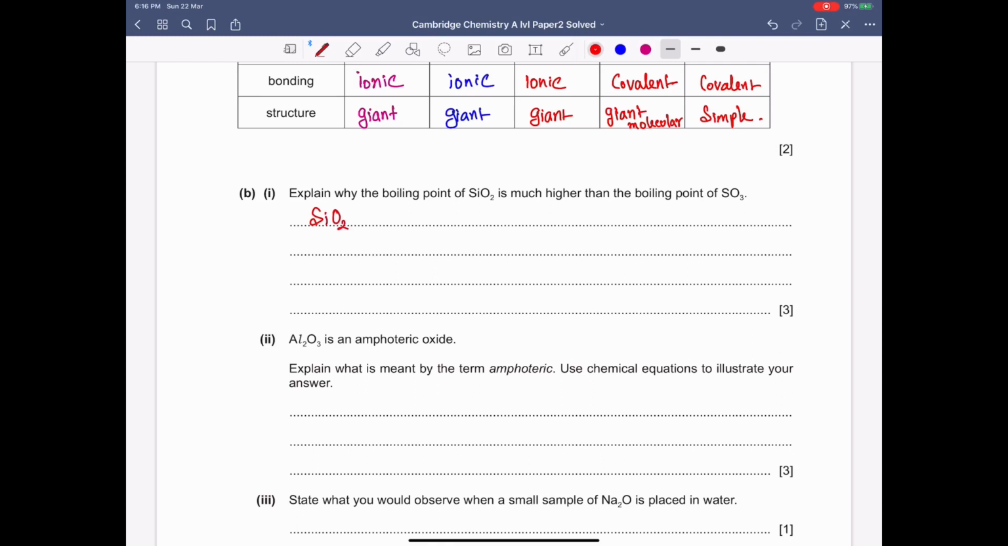SiO2 has many strong bonds. One silicon is bonded with 4 oxygen covalently, and then each oxygen is bonded with 2 silicon, and then it continues in this way, forming a very giant molecular structure. SiO2 has many strong bonds,